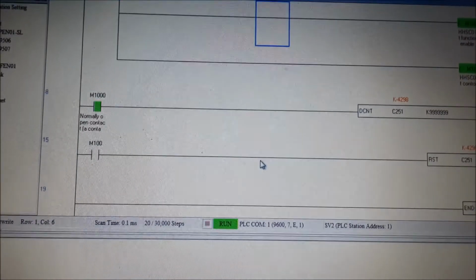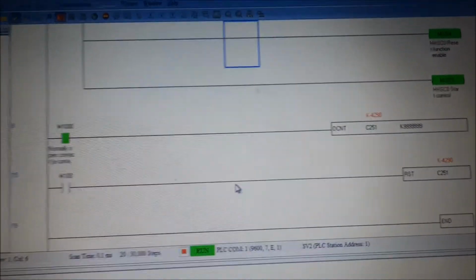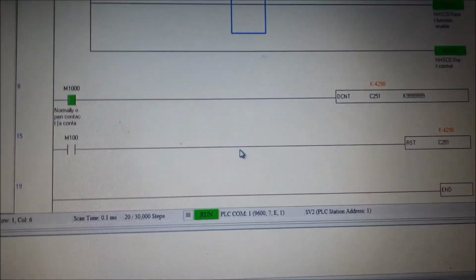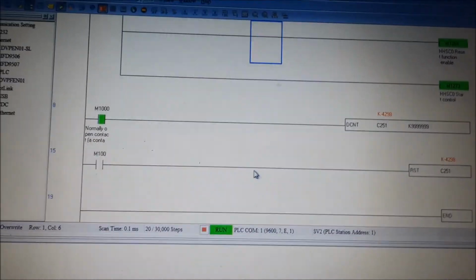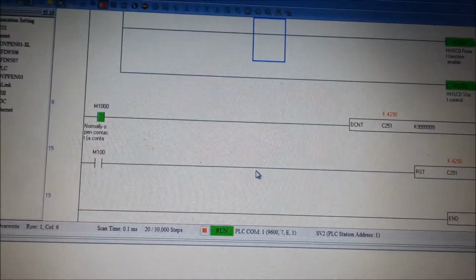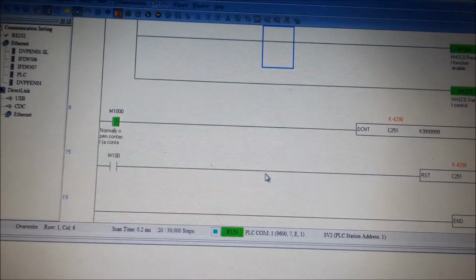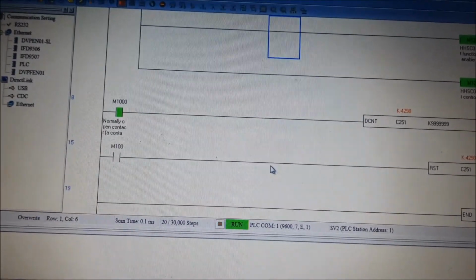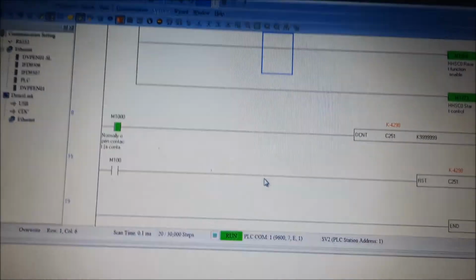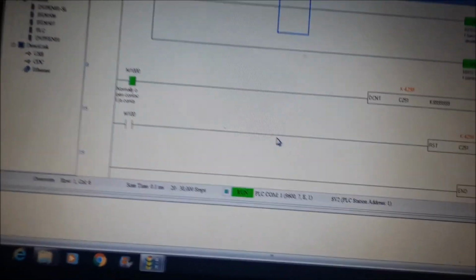Hope you all understand this basic information about the encoder, how the encoder runs, and how we can do the connection. Whatever make of encoder you have, don't worry about that. The basic ladder for all encoders will be the same. If you are writing in Delta, then the ladder will be the same, whether the encoder is Delta make, Autonics make, Baumer make, or whatever different type of encoder you have.